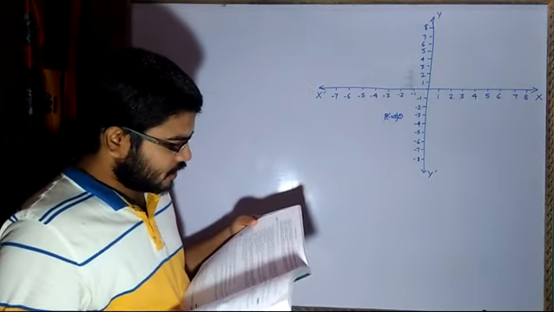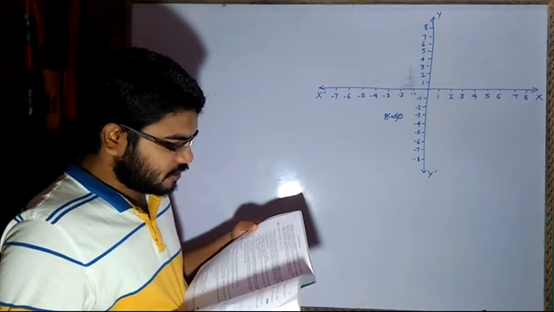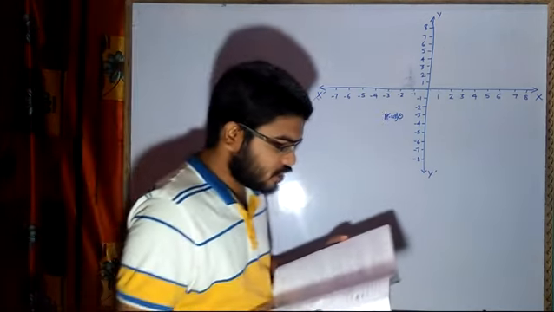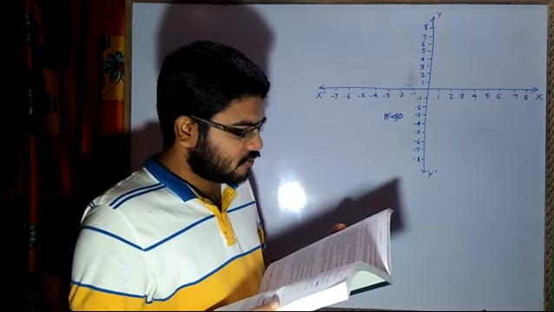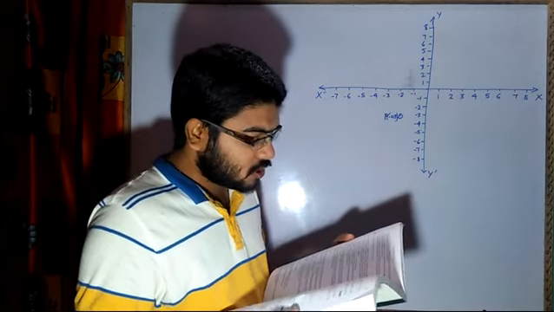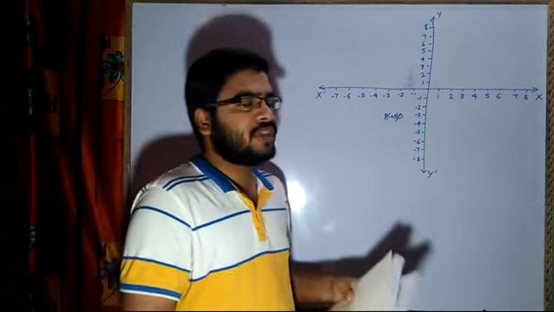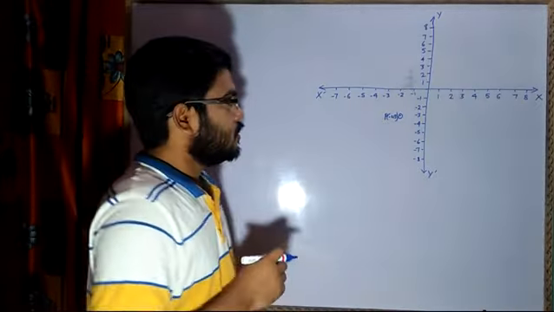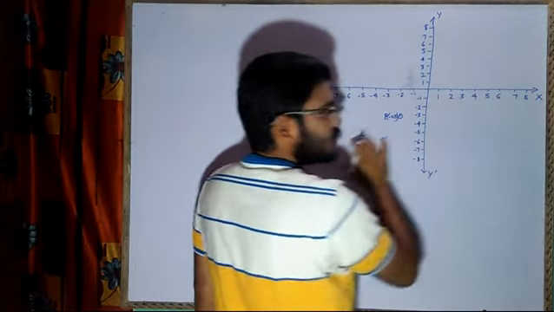After that, they are saying P dash is the image of P when reflected in the line AB, which is parallel to the x-axis and is at a distance of 1 centimeter on the positive side of the y-axis. So what conclusion after reading this? There is a line AB which is parallel to the x-axis. Now, if a line is parallel to the x-axis, it can come this side as well as this side.